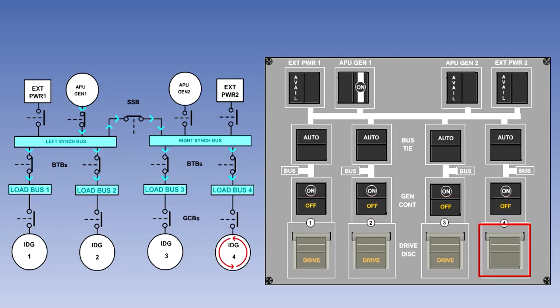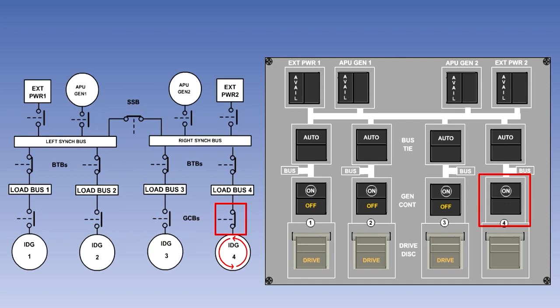The pilot will first start number 4 engine. As the engine accelerates and the IDG begins to rotate, the IDG oil pressure will rise and the drive light in the disconnect switch will go out. When the generator output voltage and frequency are within limits, because the APU generators or external power cannot be operated in parallel with the engine-driven generators, the automatic control system will first disconnect the APU generator or external power from the synchronizing bus bar,